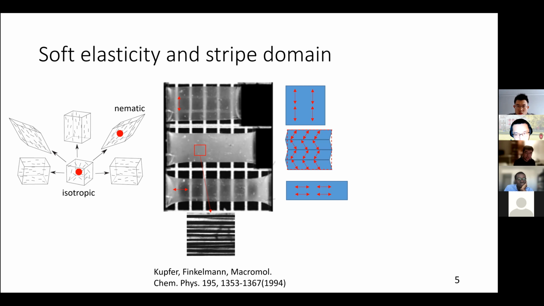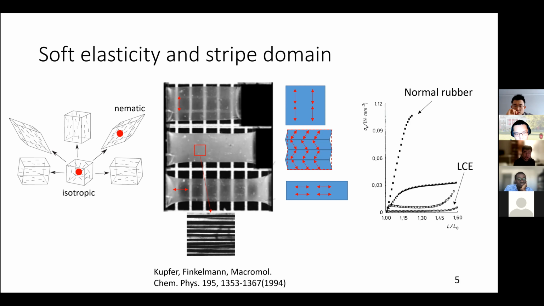Because this reorientation of the mesogens is energetically much cheaper than the elongation of the polymer network. So if we stretch it, you would see that it is exerting much less force compared to a normal rubber. And this is what we know as soft elasticity. But all of this is limited to a monodomain sample where all the molecules are aligned in the same direction,